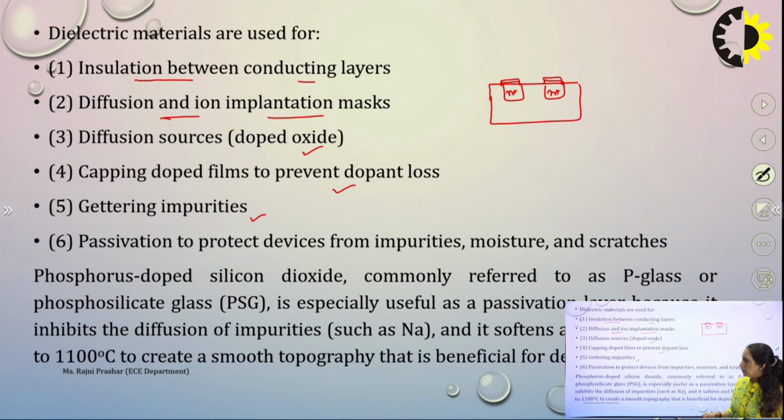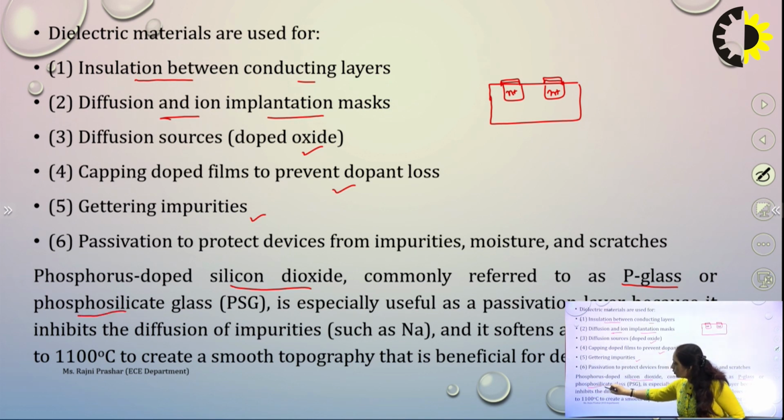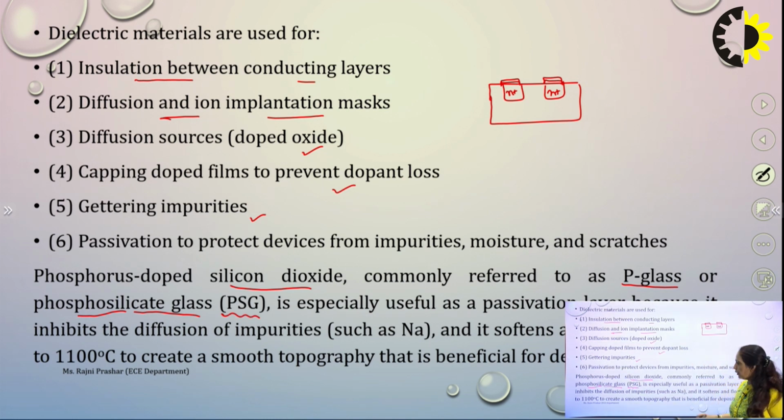For all these purposes, the phosphorus doped silicon dioxide, which is commonly referred to as P glass, is used. This phosphorus doped silicon dioxide is also known as phosphosilicate glass, PSG. It is very famous as PSG, and is especially used as a passivation layer, because it inhibits the diffusion of impurities such as sodium, and it softens and allows flow from 950